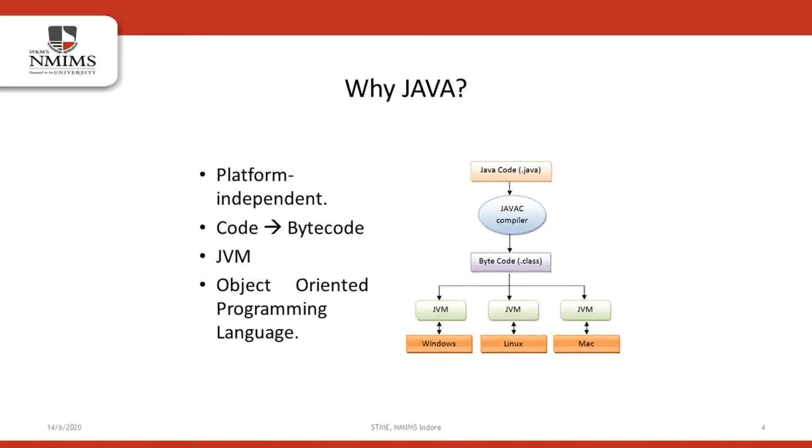Now, what a compiler does is that it converts this code from a language which a human can understand to a language that a computer can understand, or the bytecode, or the .class extension. Another thing that a compiler does is that it checks for syntax errors. Syntax errors are grammatical errors for a computer language. So that was compilation.